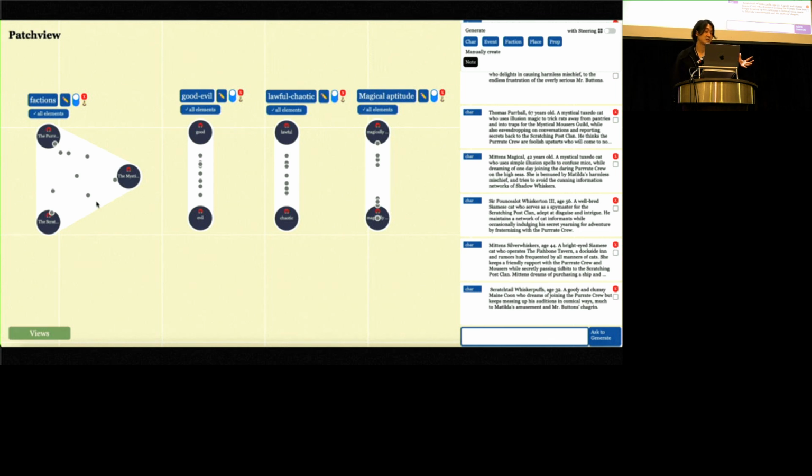And also if they're interested in how characters are distributed according to good-evilness, lawful-chaoticness, or their magical aptitude, they can flexibly configure those magnet spaces. They can either type those concepts in, or they can use an existing world element as a high-level concept.